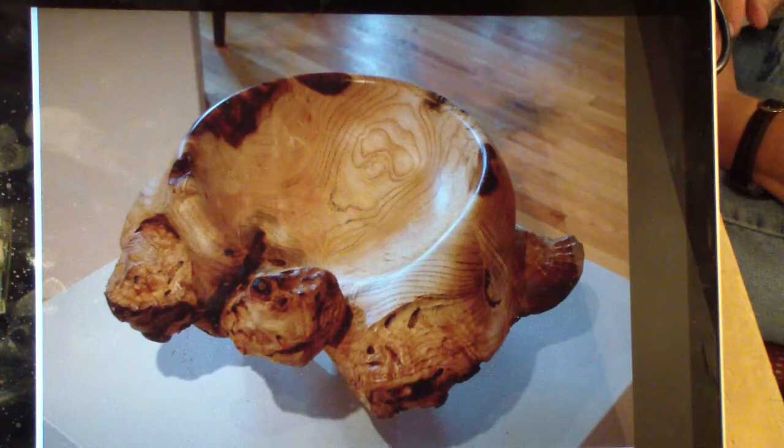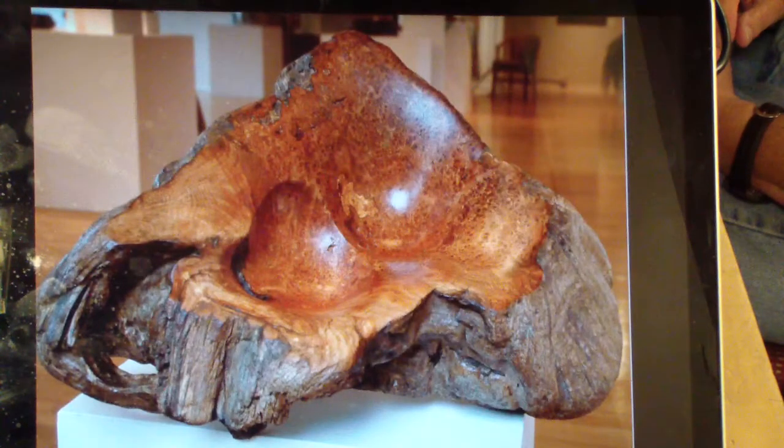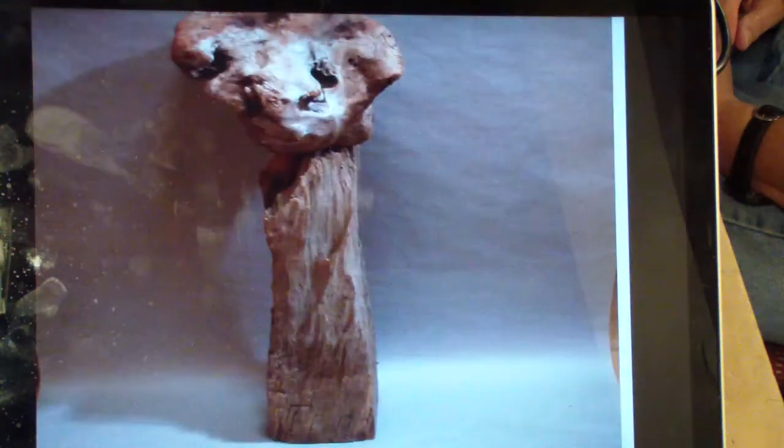That's that mulberry piece again, the turtle. So that was turned, that was carved. I'm not sure what that was. That top piece was just a beautiful piece of driftwood. I kept trying to figure out what to do with it. This was a